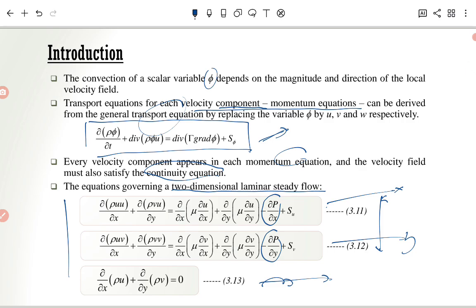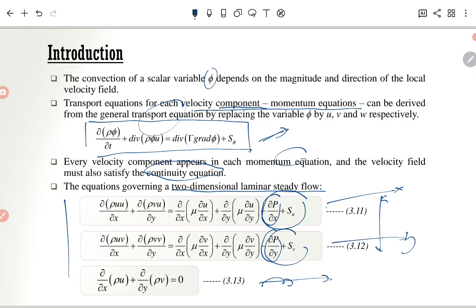So this one is the momentum source. You can see the pressure gradient forms the main momentum source in this flow field. And with the solution of this equation set, which is these three equations,